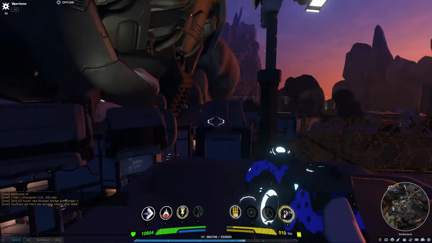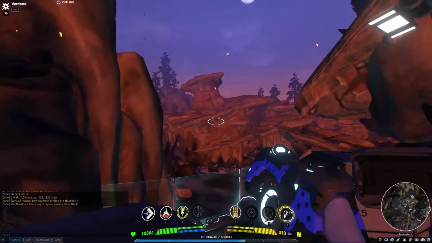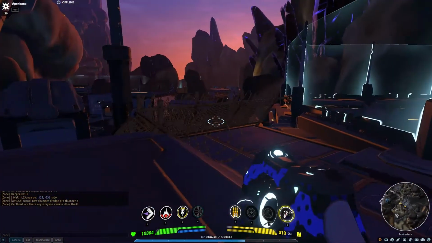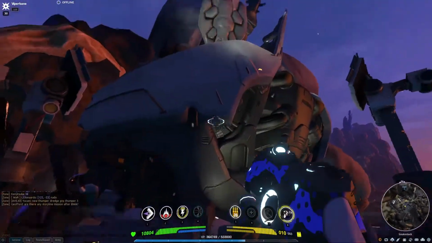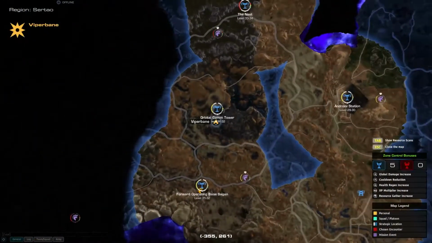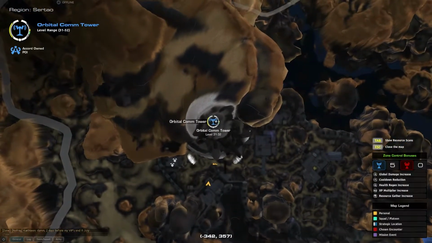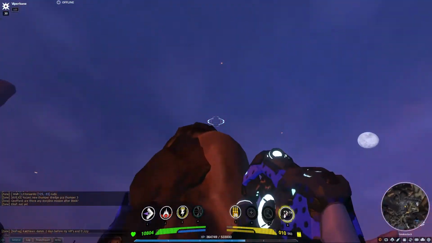Now, this was the one I was looking for, and this is where I got the kind of signal that I should be when I was looking through the map, but it's not really this place that you're looking for. So if you look at the map, you can see we're almost next to the tower, so if I'm aiming my gun that direction, you can see on the map that I'm looking at the orbital comm tower here. Which is this, but the SYN uplink...